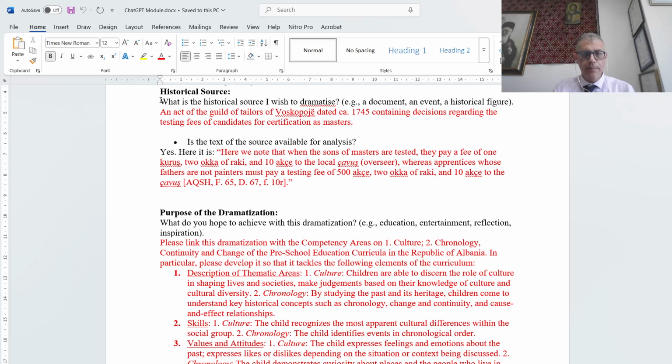generate a short drama. We ought also to indicate the purpose of the dramatization and respond to this question: what do you hope to achieve with this dramatization? For example, education, entertainment, etc. Some of the prompts that you may put in ChatGPT are precisely the elements. What do you need in order to develop this drama? So you may not necessarily utilize the same prompts, but produce your own. You may experiment with that. So in my response to this question,